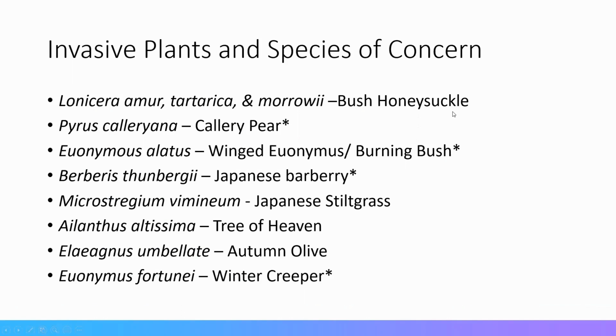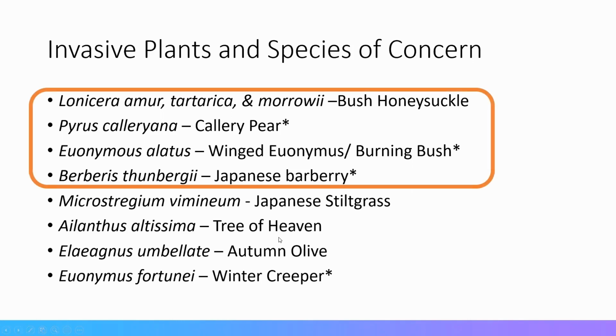Now, an example of invasive plants and species of concern: you might notice the plants listed here with a little asterisk by them. These are all plants that you can still buy at a home garden center. The ones without an asterisk would be considered legally invasive, except there is one plant without an asterisk that's actually not on the Illinois list yet. Do you know what that is? I just learned about this because I assumed it would already be on the list, but it's tree of heaven. It's not technically considered legally invasive in Illinois just yet.